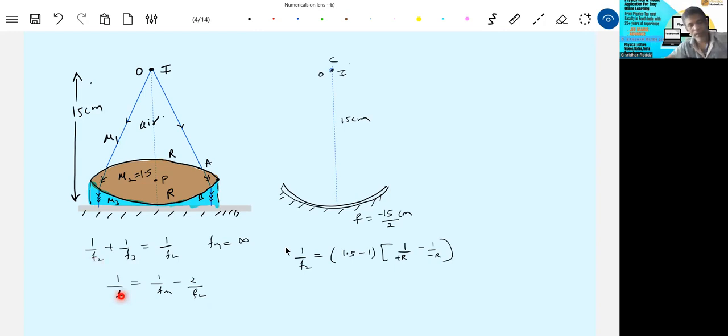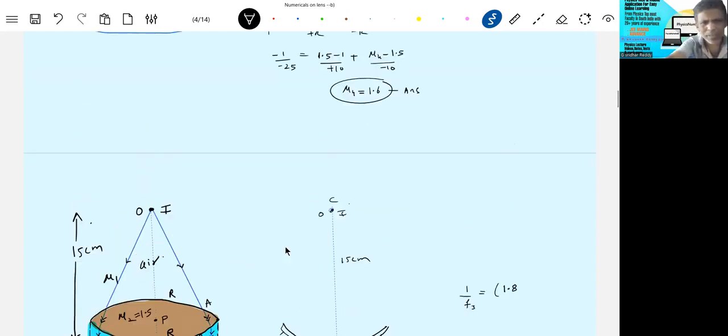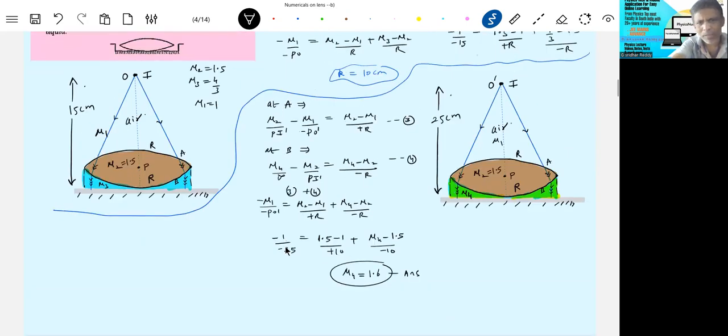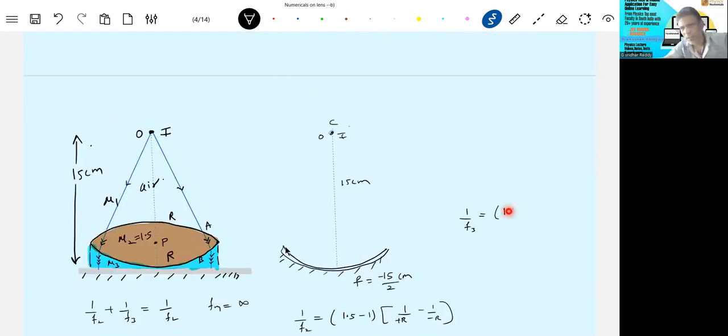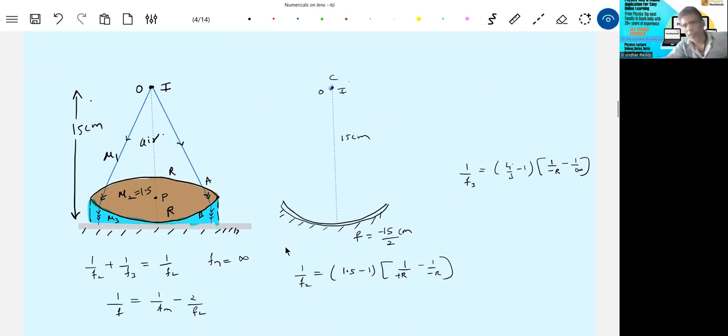We know F2 will come. And what is F3? F3 we have here. 1 by F3 is equal to mu3. Refractive index is 1 point, mu3 is 4 by 3. Sorry. Plano concavities. Fine. So you know F3,